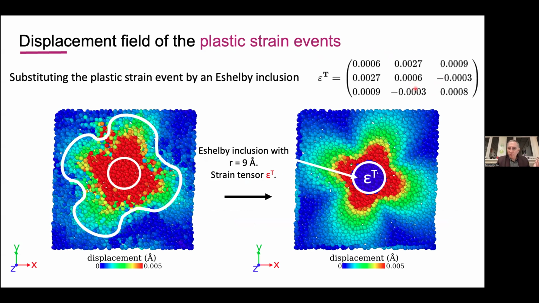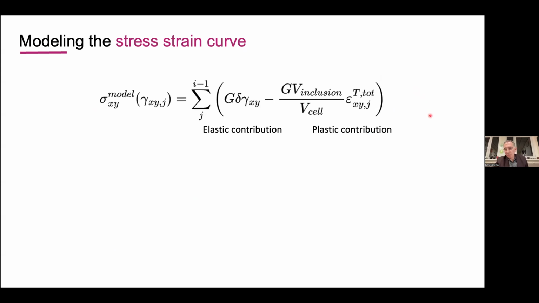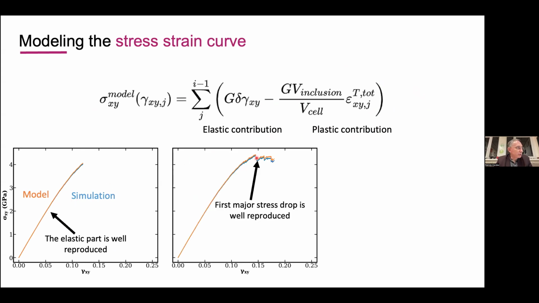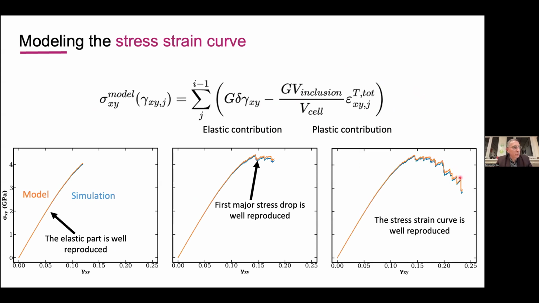So since we do that for all the plastic events that did occur in the specimen, we can try to rebuild the stress strain curve, adding the elastic contribution and the contribution for all those plastic events. When we do that, of course, first we reproduce quite well the elasticity. We reproduce the first major stress drop, and then afterwards we reproduce quite well all the stress strain curve, meaning that with this plastic event that we identified, we really understand what are the processes in the amorphous olivine when